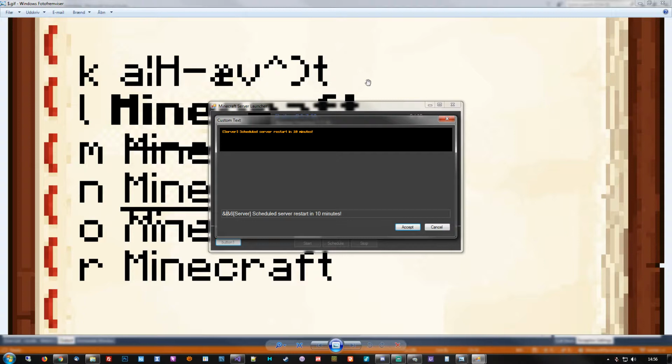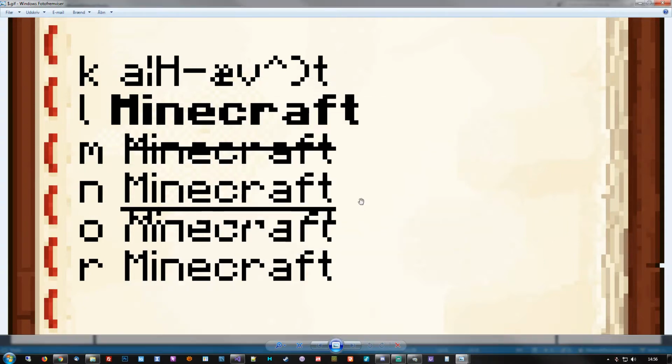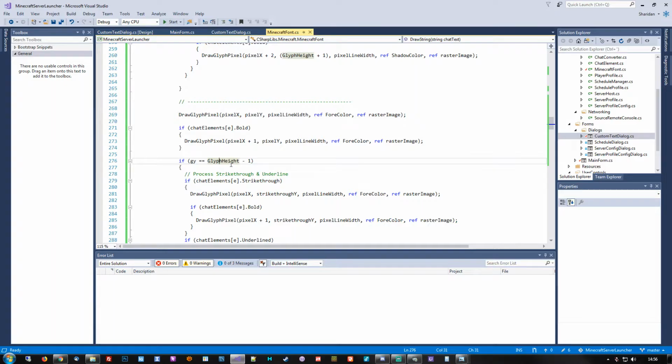Except it's actually not correctly placing the letter spacing as it should. So minor bug there, which means whenever we have a situation of a chat element being bold, we need to add 1 to the letter spacing apart from the rest of it. So we'll see if we can take care of that. But at the moment,